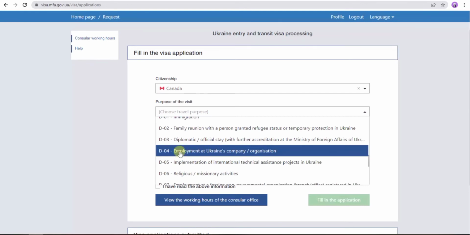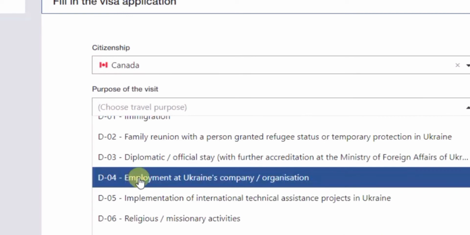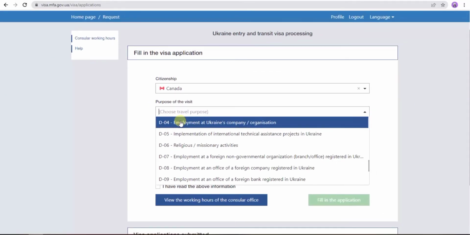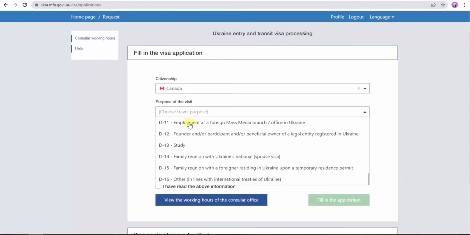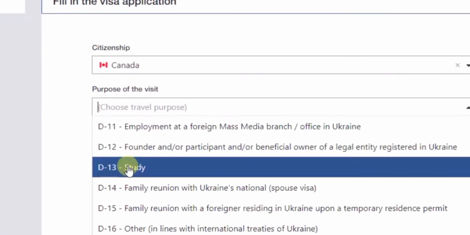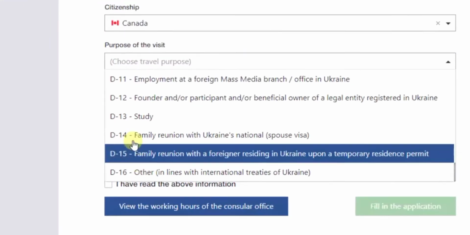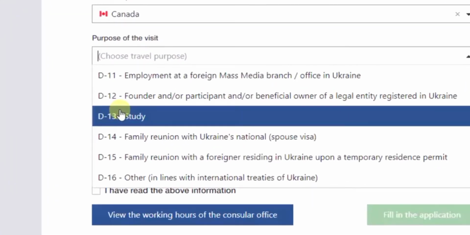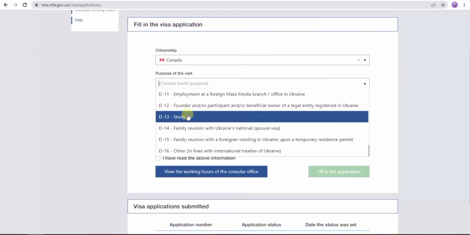Then you are eligible to apply in the D04. Most of the people will apply under this category. If they are on a study permit, or want to apply for a study permit, they come under the category of D13. In the D13 they can get the study permit for 90 days of the same category of visa, and then they can apply for the temporary residence